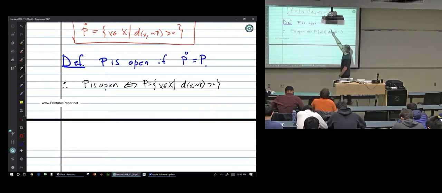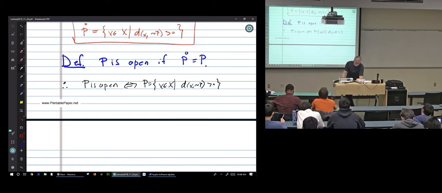Okay, interior of P is the set of all points in X that are positive distance away from the complement. Okay, write that down. We're going to go back to our little picture just to see